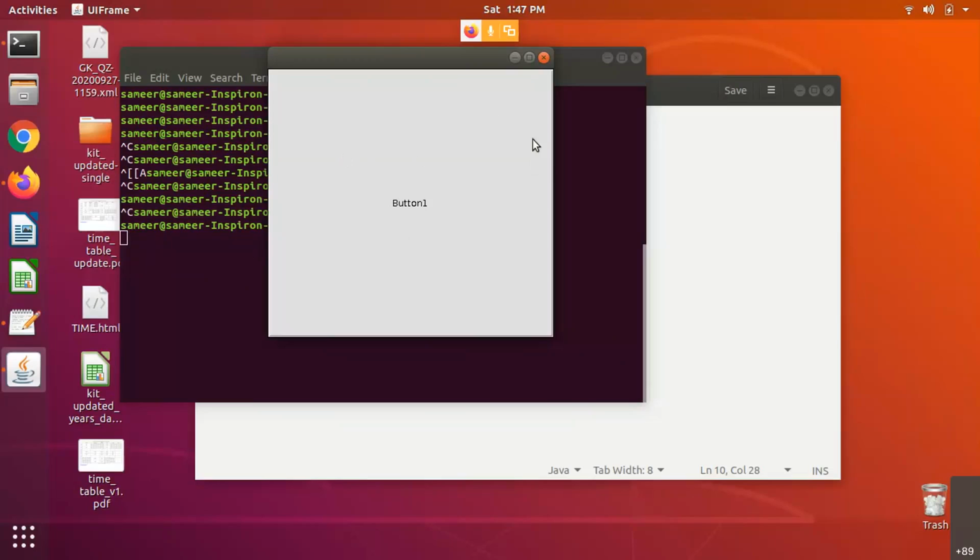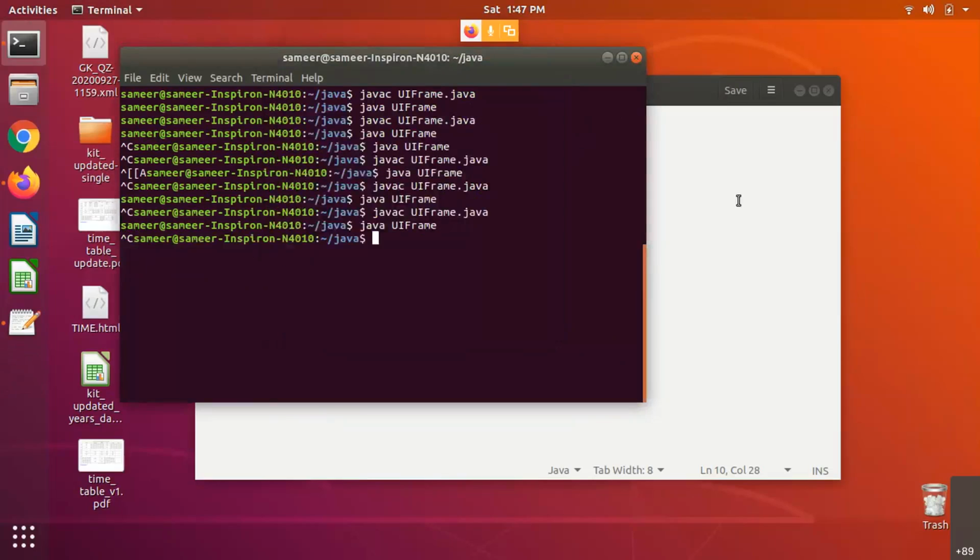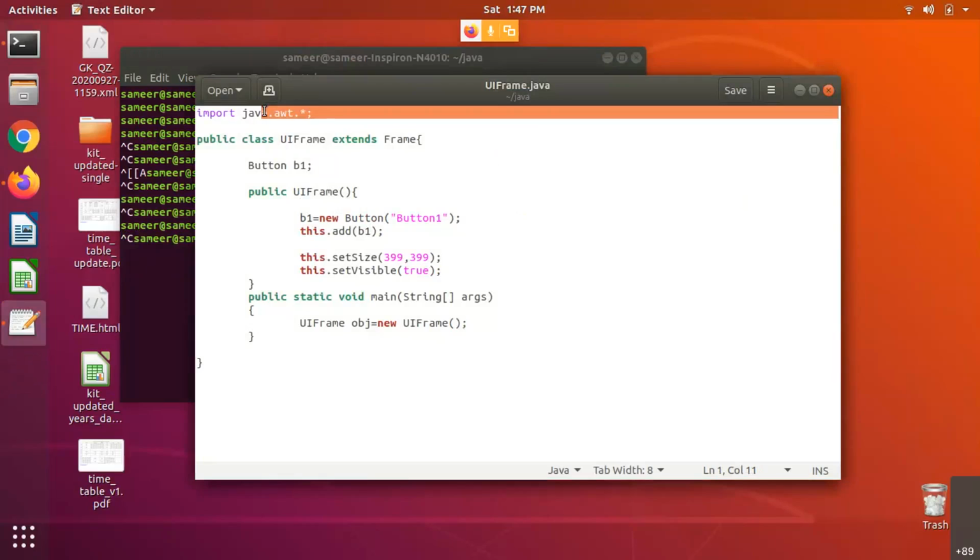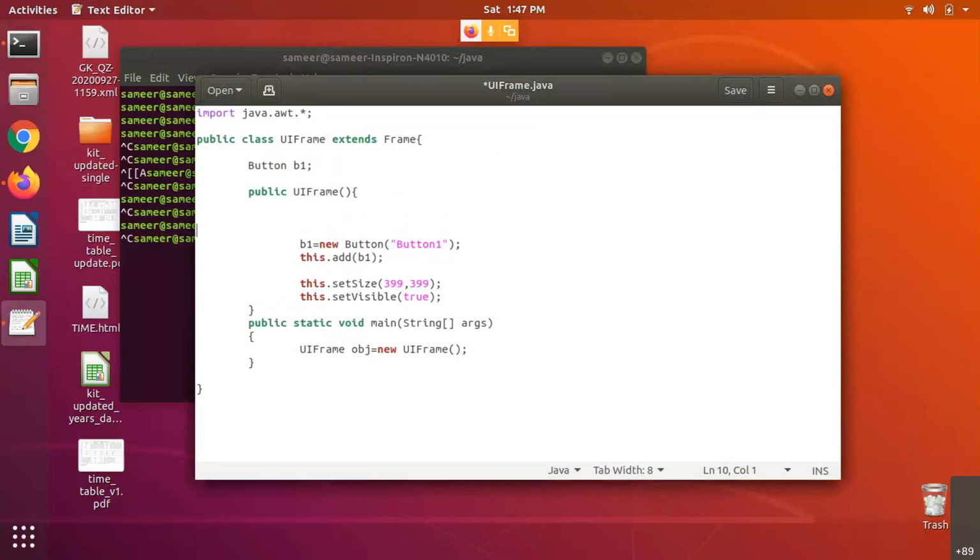Now, another problem is this button has acquired the entire surface of the frame, which is not expected. So there is something called a layout manager. So let me use layout manager. Again, the layout manager is from the AWT mechanism, and this layout manager shall be the first line in the frame. This dot set layout,